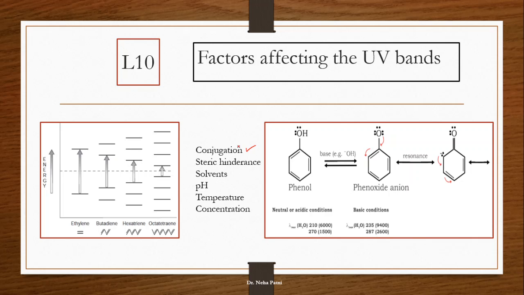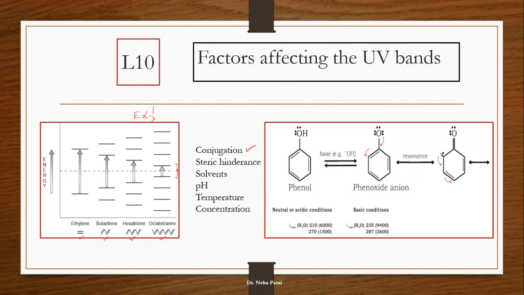So when you increase the double bonds, what happens is the energy of the transition from pi to pi star, here you can see the energy, decreases. If I increase the number of double bonds, the energy decreases. Since you know that energy is inversely proportional to lambda, if energy is increasing or decreasing, it is going to affect the wavelength. So if energy is decreased, wavelength is increased. That is how you are going to observe a bathochromic shift, that is, an increase in the wavelength. So you have to interpret the result in this manner,